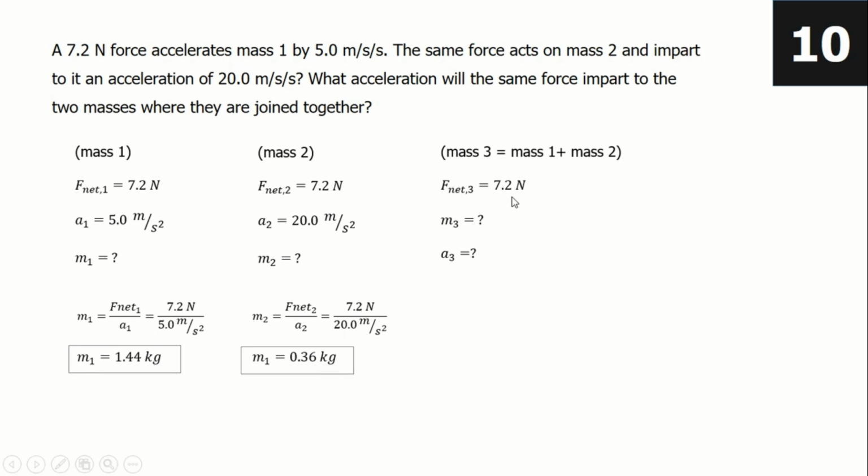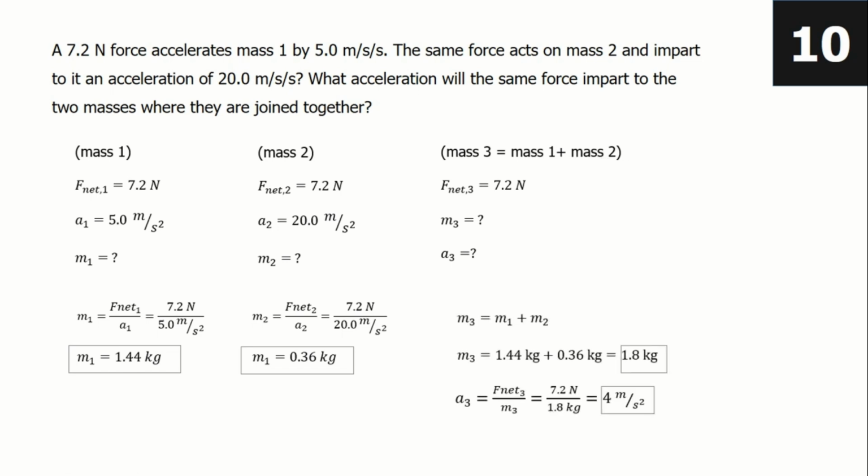So again, if we sum mass 1 and mass 2 and apply the same force, 7.2 Newton, what would be the acceleration? So 1.44 kilogram plus 0.36 kilogram is 1.8 kilogram. 7.2 divided by 1.8 is 4 meter per second squared. So finally, you were able to arrive at your final answer, which is the acceleration of the combined masses, or mass 3, as we